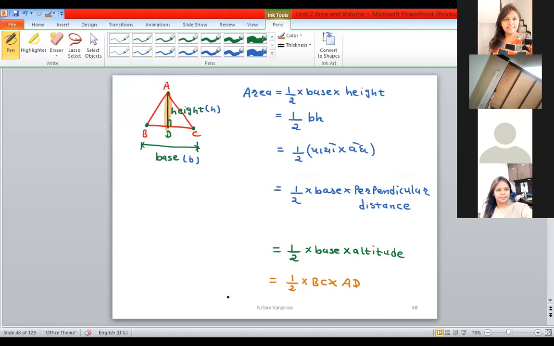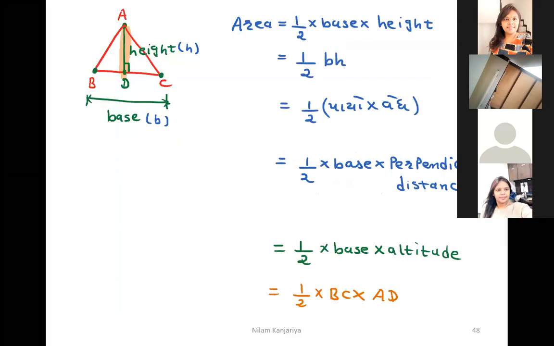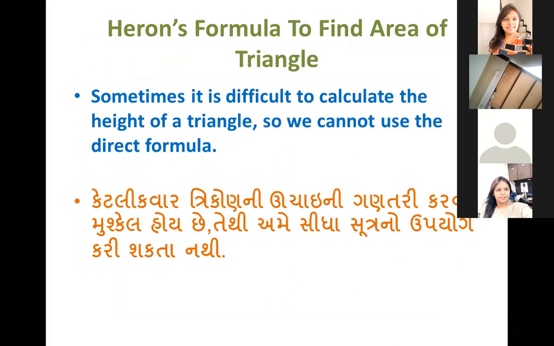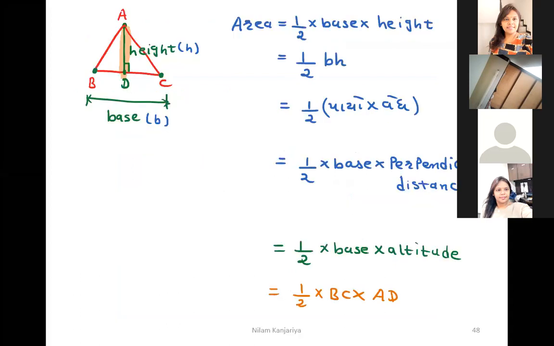If sometimes they tell you that you have a triangle, BC is something and AD is something, so these are the formula. All formula are equal, all formula represent the same thing. So these are the formula of the triangle. All students, please remember it. And the unit of the area is always quantity square. The first formula of the triangle is base multiplied by height divided by 2, 1/2 base multiplied by height.